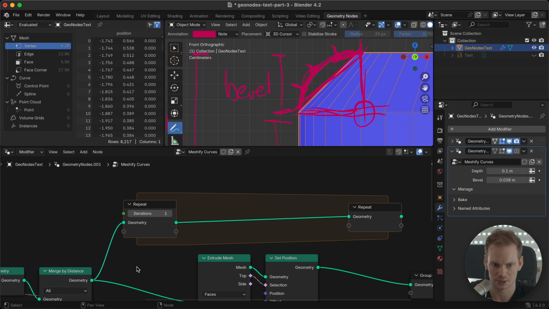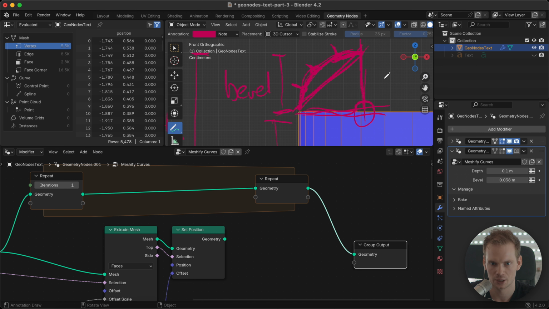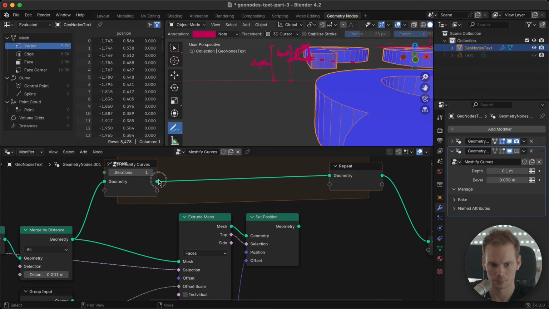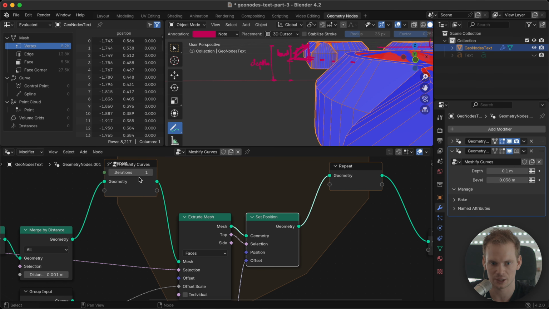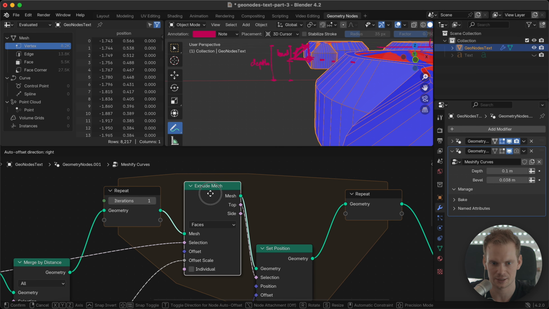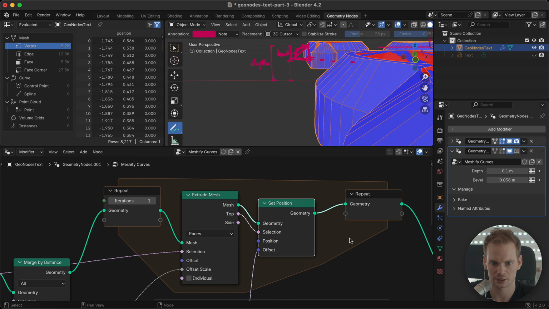So what we have to do is plug in our geometry before any beveling happens, and the final result will be our group output. Currently nothing is happening, so we don't see any bevel here. But if we move these two nodes in this area, and if you connect anything, this orange area will expand to the nodes to make it clear that this is the stuff that's being repeated.